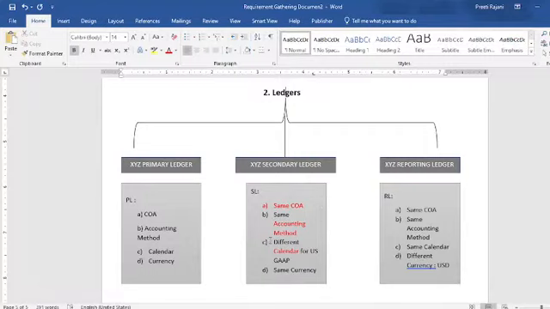So in the secondary ledger, our client requirement is that when he needs to report in USD currency, he has to use a different calendar, that is the calendar from January to December. Then in that case we have to create the secondary ledger.